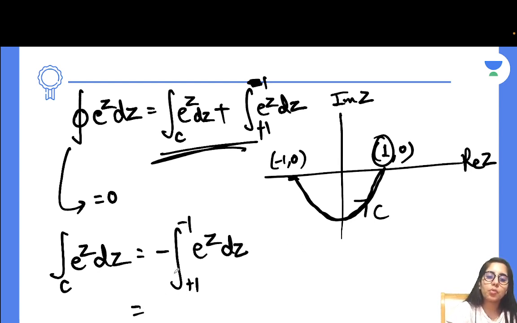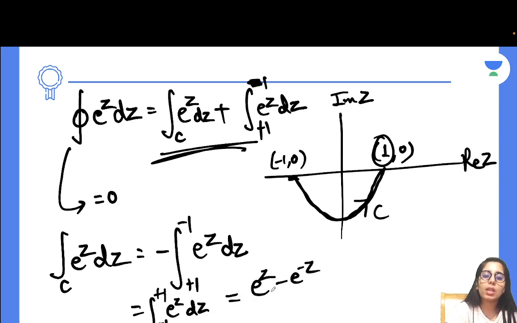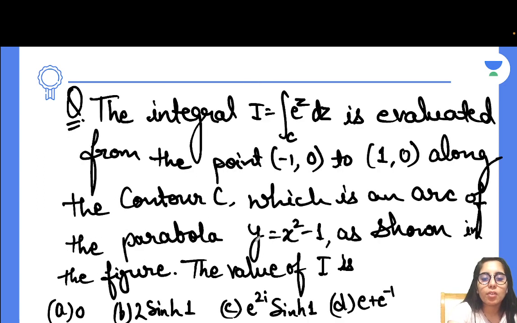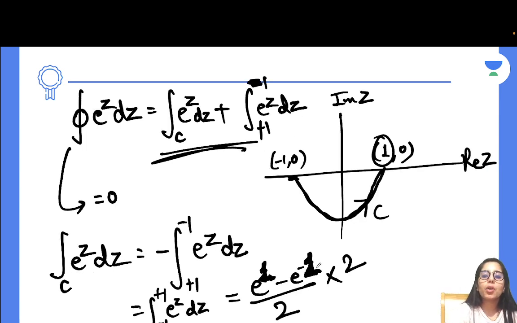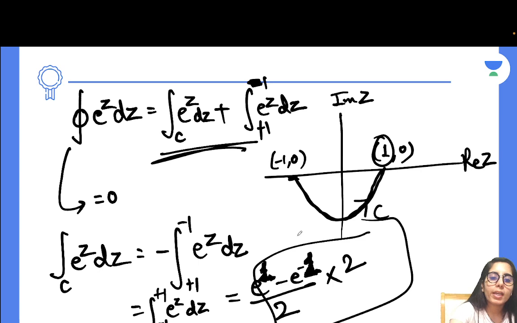When you remove this negative sign, you get the integral from negative 1 to positive 1 of e to the power z dz. When you apply the limit, it gives you e to the power z minus e to the power negative z; you can say e to the power 1 and e to the power negative 1 after applying the limit, because z should be replaced with 1. Now you have to divide by 2 and multiply by 2 to make it the same as the given options. So that is going to be 2 sine hyperbolic 1, which you got after this step. So your right answer is